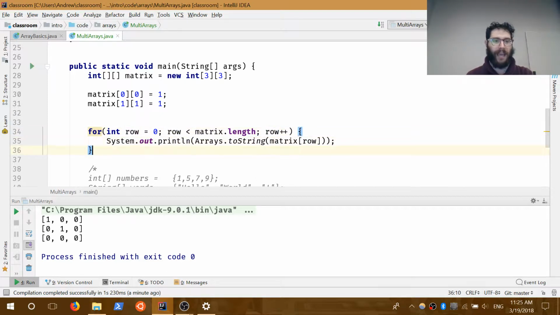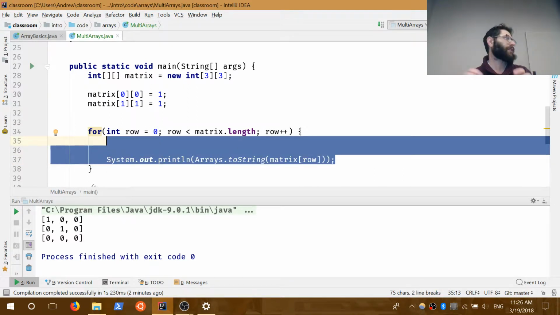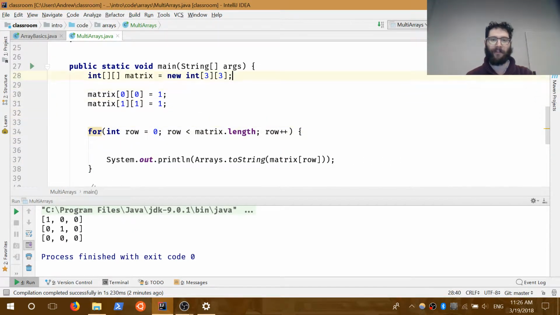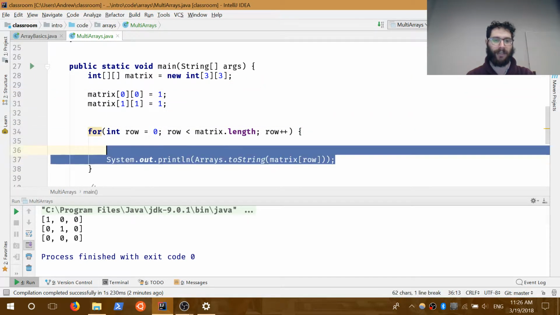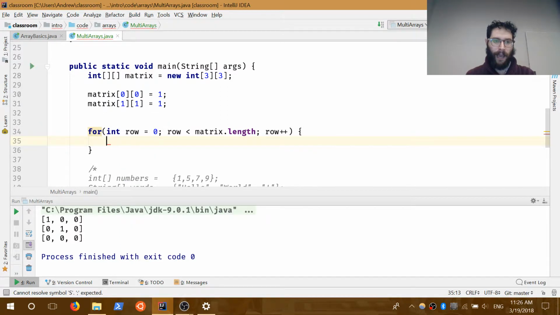So here we're printing out each row, right? The outer layer, so we're going to print out each row. Does that make sense? We're going to deal with each row, okay? Each row has 3 items in it because that's what we set up over here, so we can set it up so that we can do something along the lines of a System.out.print. So now for